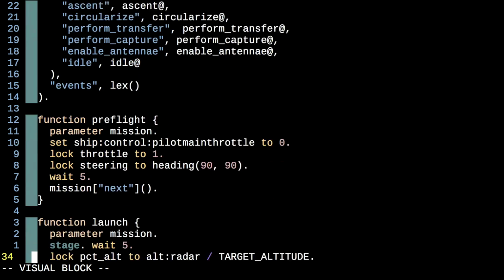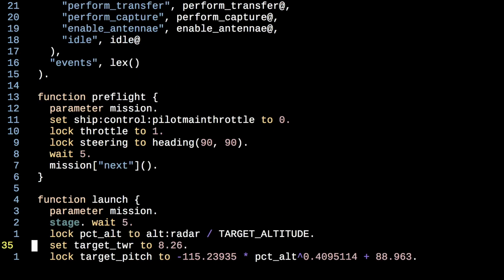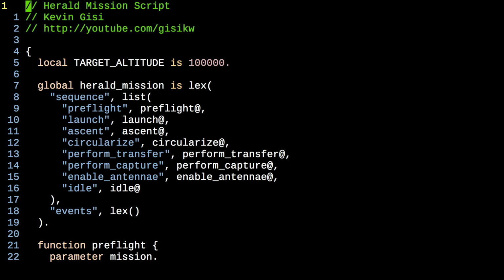So I imagine if we got rid of those, it'd save us maybe 1,000 or so across all these files. We say, okay, the global thing that we want to actually expose outside of these blocks is the Herald mission. And we're providing the sequence, which is a list of steps that are part of our mission, and